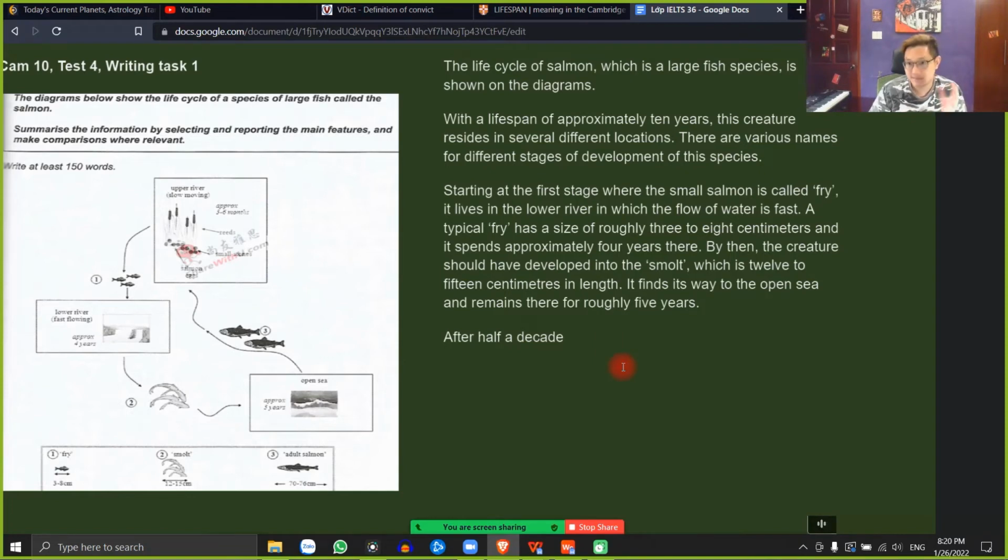After half a decade, decade means 10 years, you know, half of that is 5 years. After half a decade of being in the ocean. Of course, sea and oceans are basically similar. After half a decade of being in the oceans,